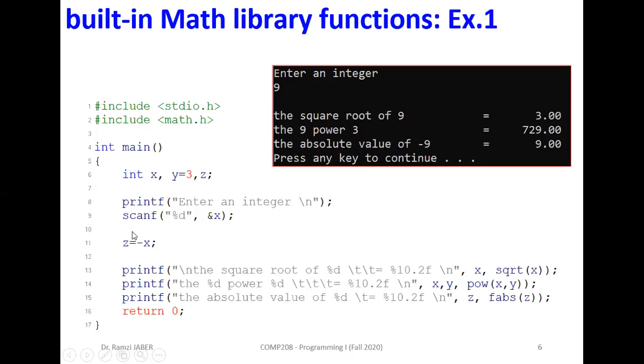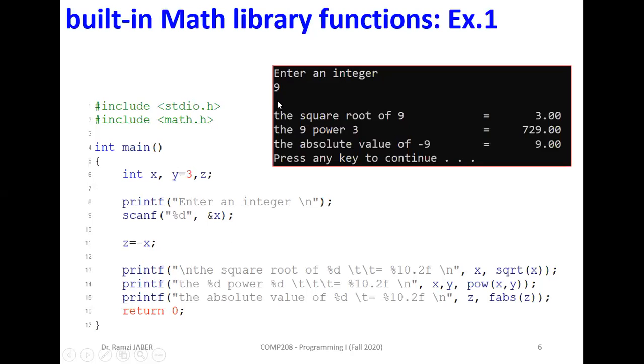Okay? z equal minus x, and y 3. So in this output, the user enters 9. So x here equals 9, z equals minus 9, and y equals 3. So printf \n